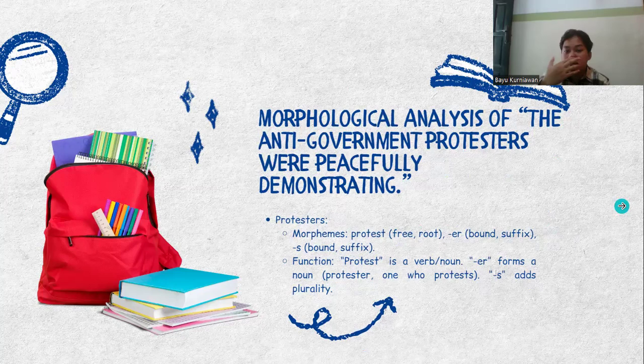More political analysis: the anti-government protesters were peacefully demonstrating. Protesters, the next word. Morphemes: protest is the free root. Er is a bound suffix. Functions: protest is a verb or noun. Er forms a noun, protesters, the ones who protest, and s marks plurality. The next is